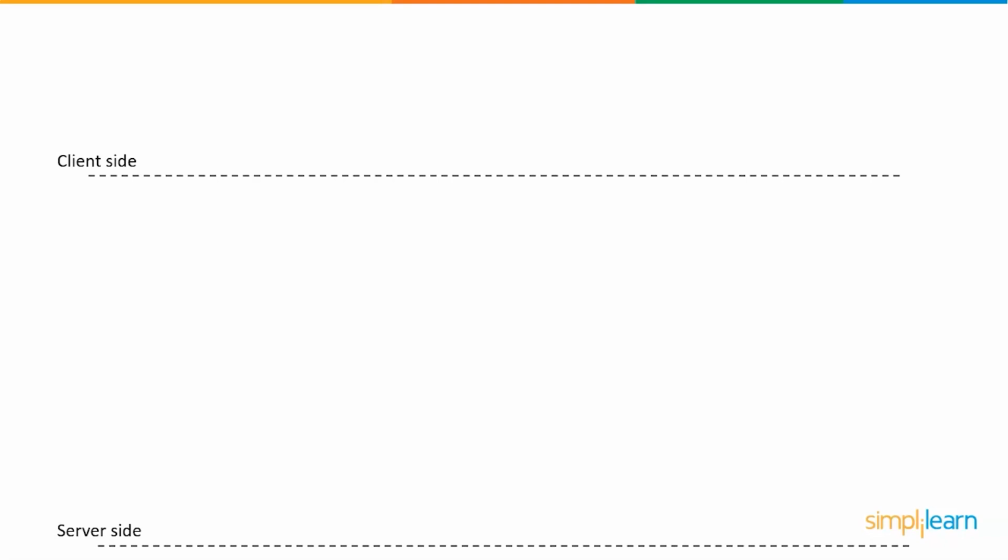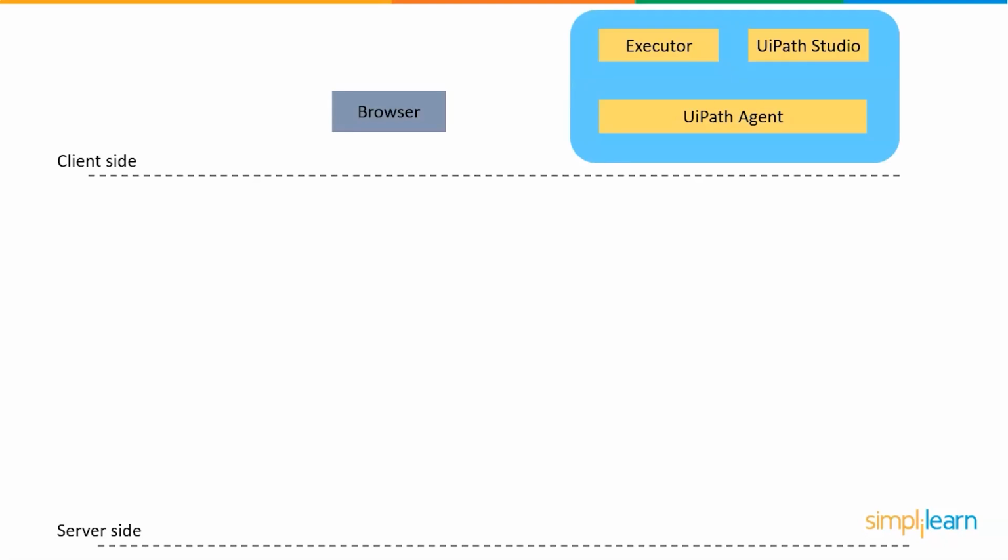UiPath's backend operations are considered server-side. The tasks and workflows that a user produces are saved in the databases. UiPath Orchestrator chooses the necessary function and the software robots to carry out the code's task. The robot's logs and statistics are stored in the backend. Logs are useful for analyzing robot performance and detecting errors in them. The UiPath robot comprises two elements: agent support for UiPath and the executor service for UiPath.